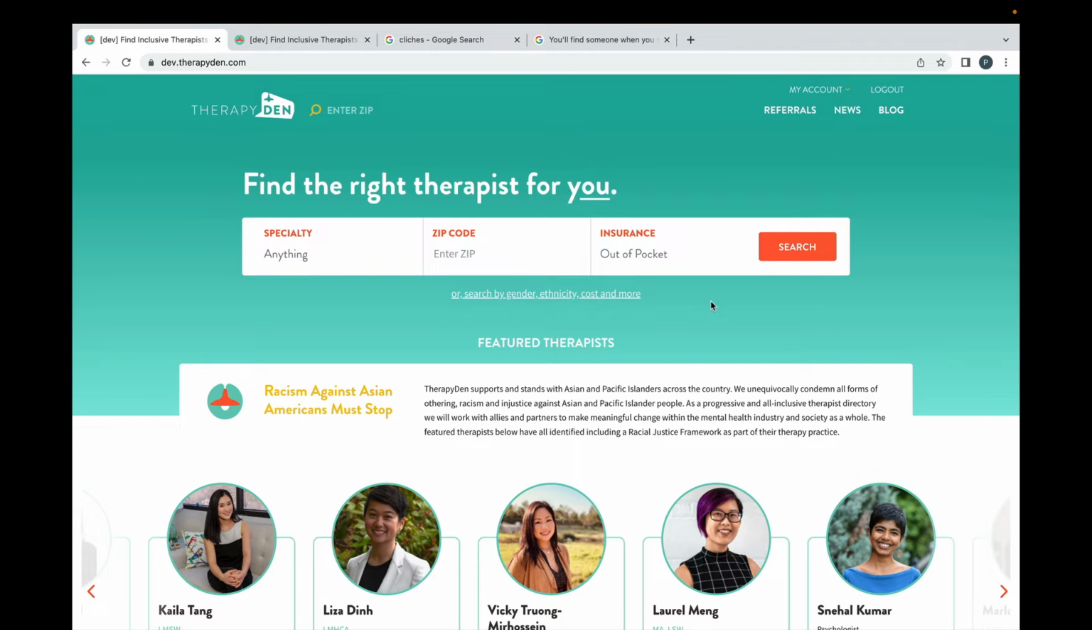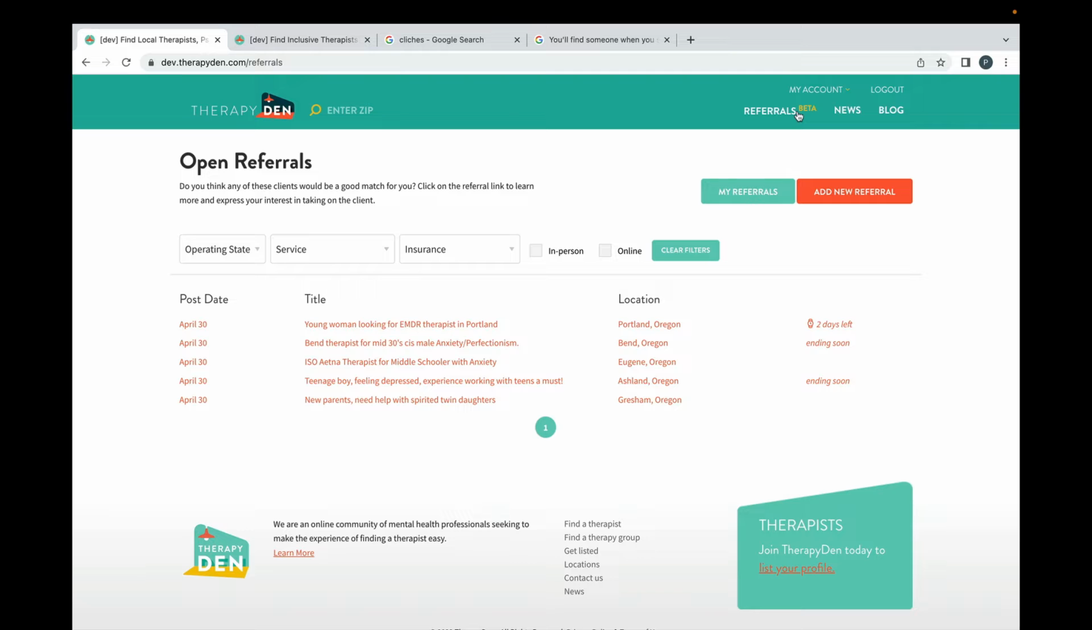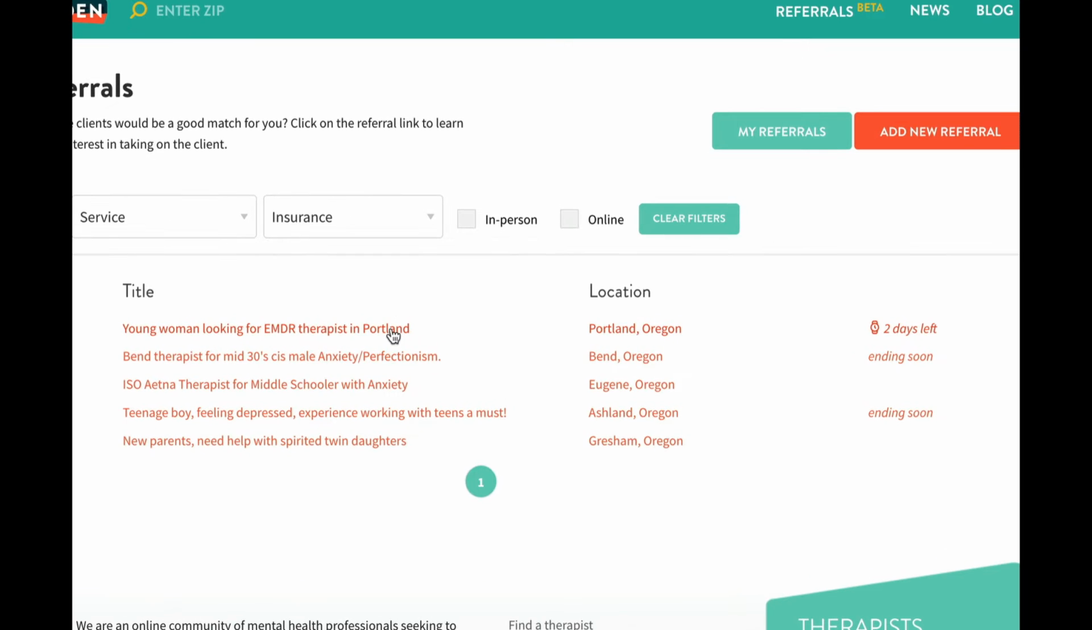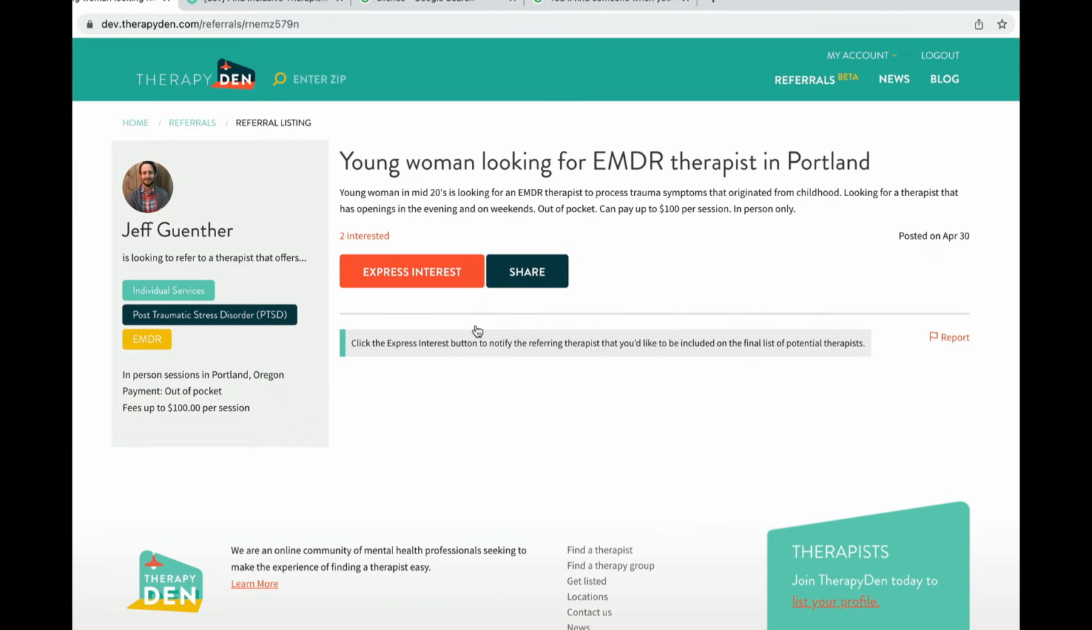This is how TherapyDen Referrals works. Once you log into your TherapyDen account, you'll see a referrals page in the navigation bar. The referrals page lists all the open referrals in the state. Clicking on a referral will provide you with more details about what type of therapist would be a good fit